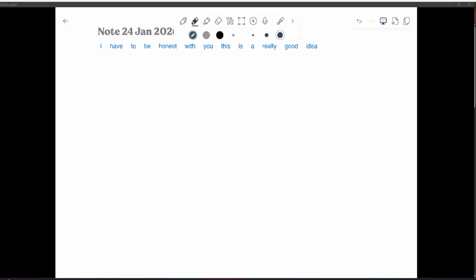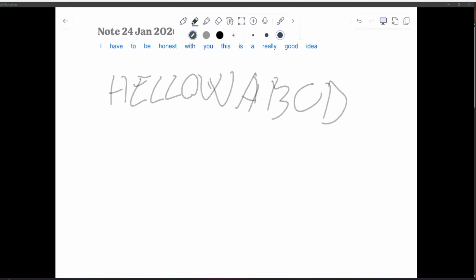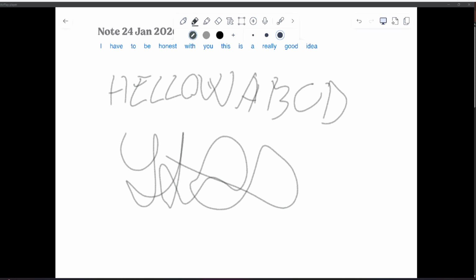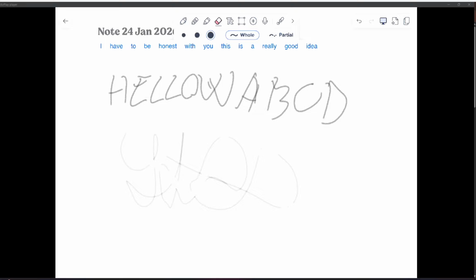So what we are doing now is basically handwriting. So as you can see, it's totally handwriting, nothing special right here, like that. Now for typing notes, so let me just delete that quickly,